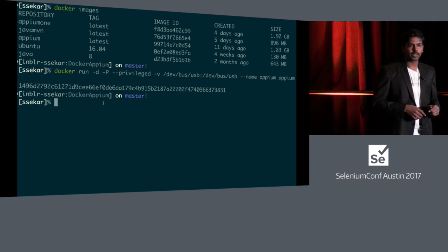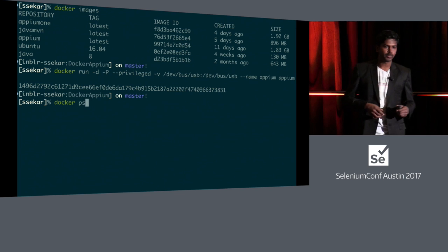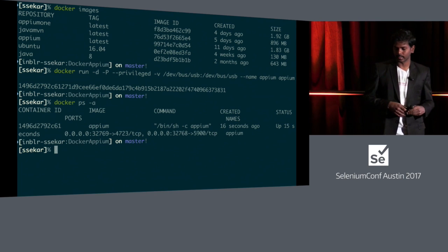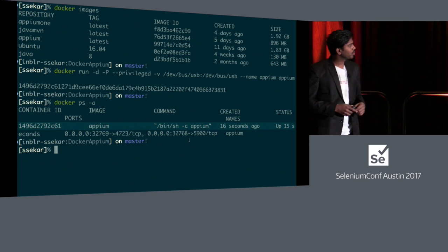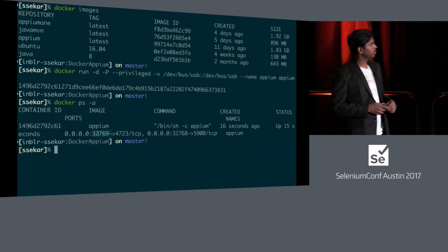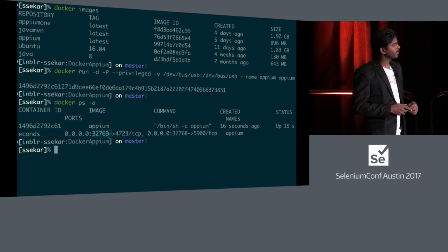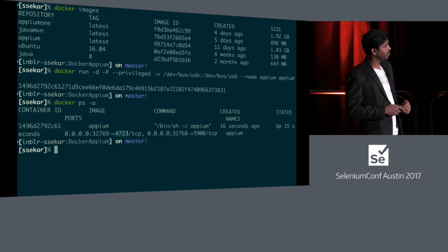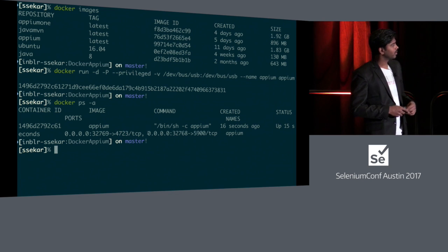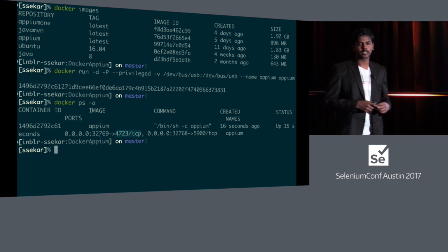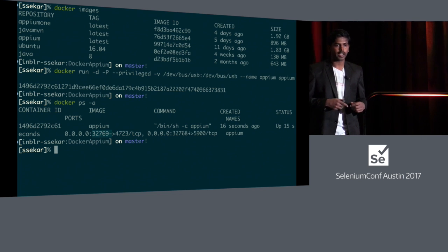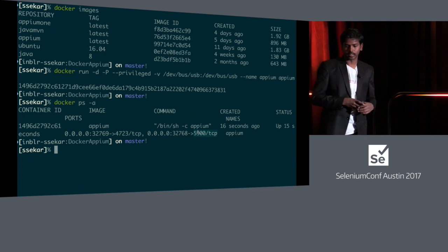When we do docker ps -a, it gives me the process that is running, so you can find it there. 4723 is mapped to 32769, and there is another port, 5900, which is mapped to 32768, where my VNC server is running, so that I can port in and see what's actually happening inside my Docker container.